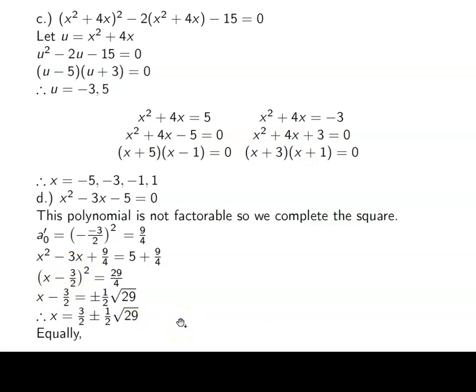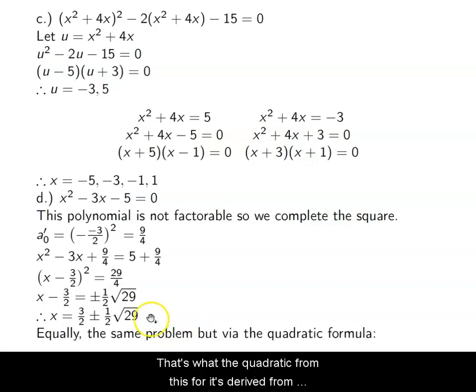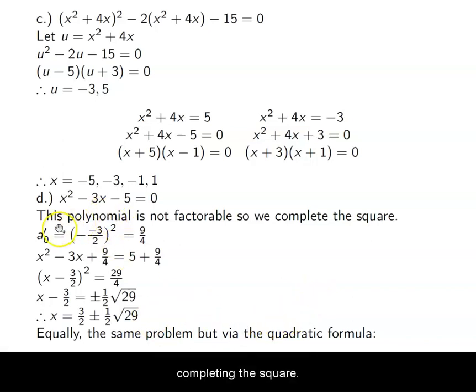Now, I could have also used the quadratic formula. That's what the quadratic formula is for. It's derived from completing the square. Okay. If I plug in all of the pieces, again, this is that b term, right? That a1 term. 1 is that a2 term, and -5 is that a0 term. I just plug everything in. That gives me